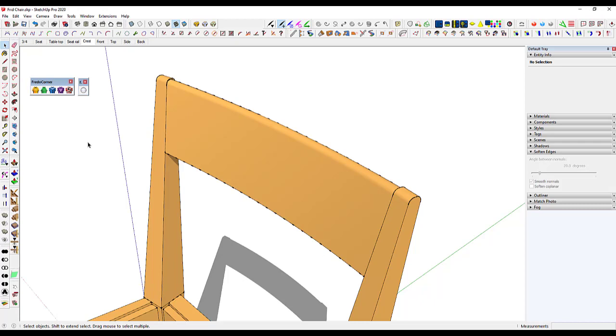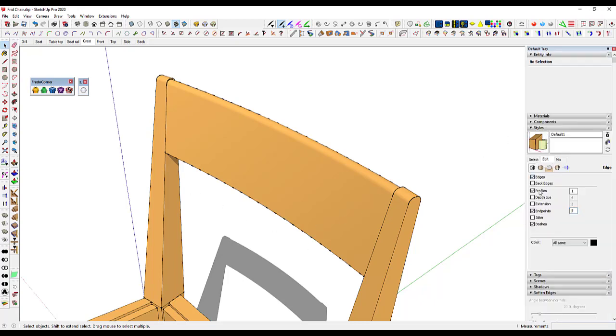And it's nice to have curves and things welded. One of the ways you can tell whether they are or aren't is by turning on endpoints in the style. So here I have endpoints turned on for this style, and so you see all these little dots along the